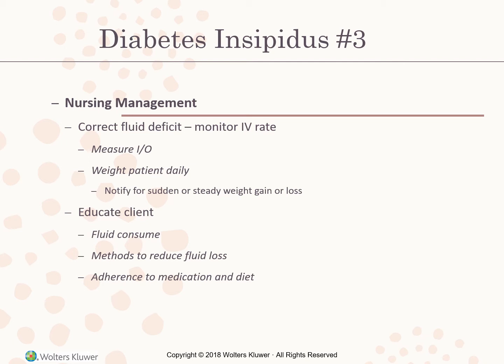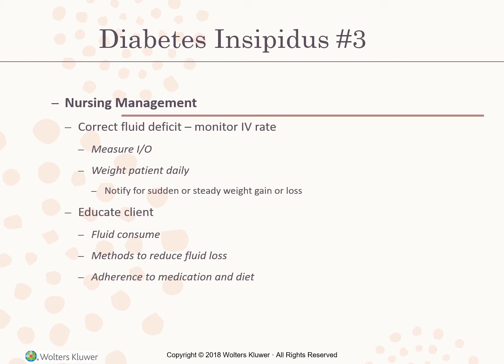So our responsibility as nurses, we want to make sure we are correcting fluid volume deficit. We want to make sure we are closely monitoring the rate of IV infusions to ensure that the prescribed amount is given over the required period, and measure their fluid intake and output. If the patient is acutely ill or extremely dehydrated and fails to take oral fluids, or even at the beginning of medical treatment, we want to make sure we are measuring their urine output every 30 minutes while administering prescribed fluid and drug therapy.